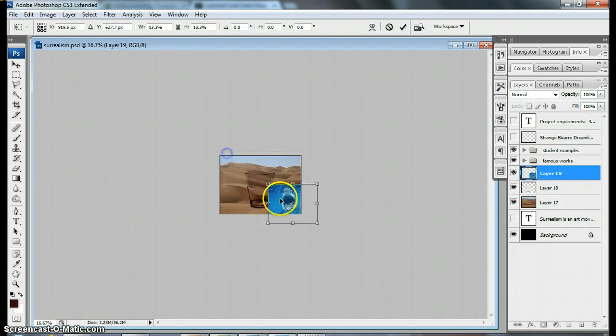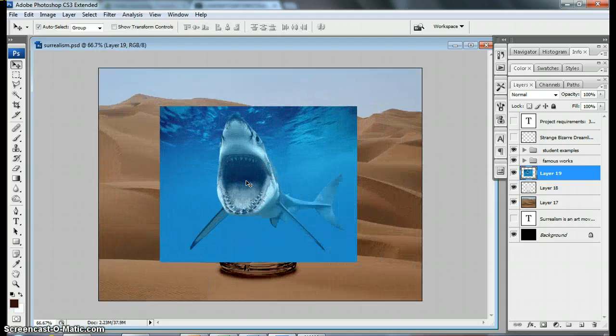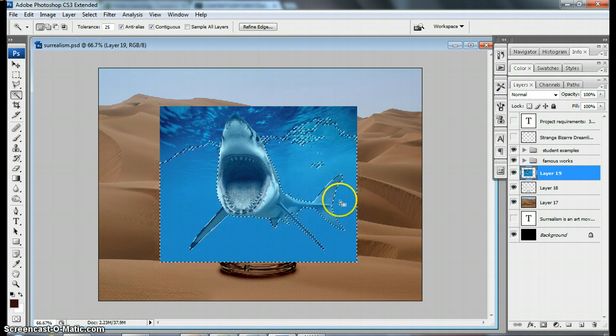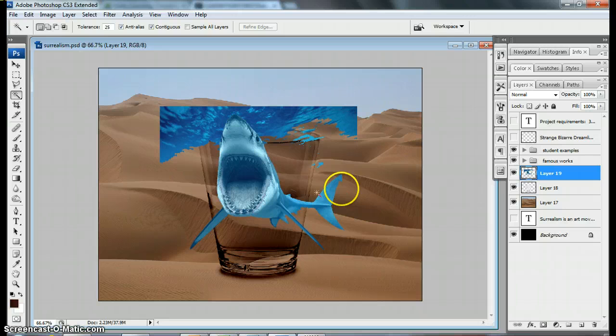Once I get it to close to the size I want, then I want to remove that blue around the shark. Now you can see I could use the wand tool. I could even raise the tolerance so it selects more of that tone, and that could work. I can go ahead and hit delete and get rid of it. It might be a little messy in some areas, but if I get the bulk of it, now I could